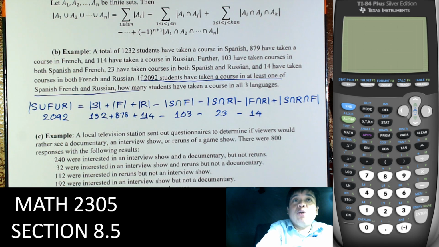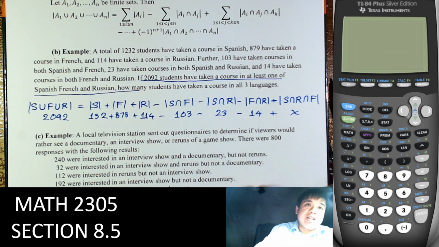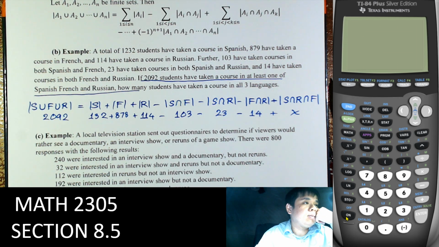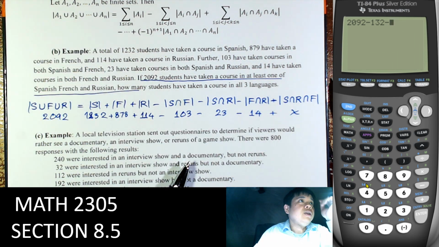And how many have taken all 3 of them? Of course, just call it X. So this one strictly we just use the formula. If I write everything correctly, right? So we have that much